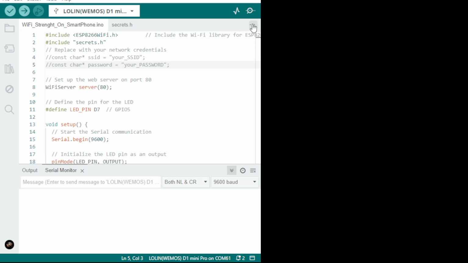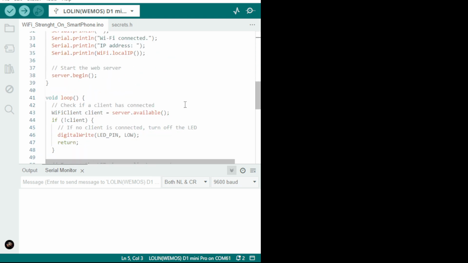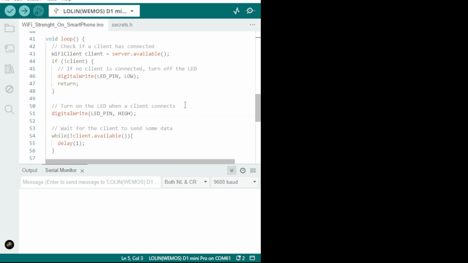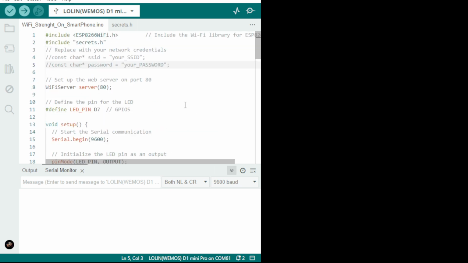Okay, and here, new tab. If you want to type in secrets, then you have to put here include secrets.h, which is this one, and it will read your Wi-Fi credentials from that file, instead of having them here where people can see. In my case, okay. So this is the code, and what I'm going to do now, I'm going to press